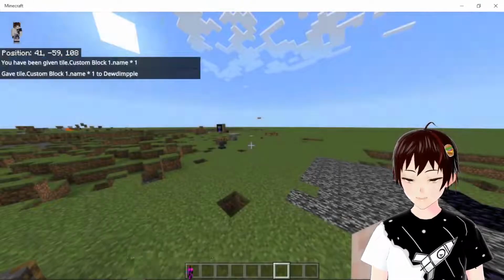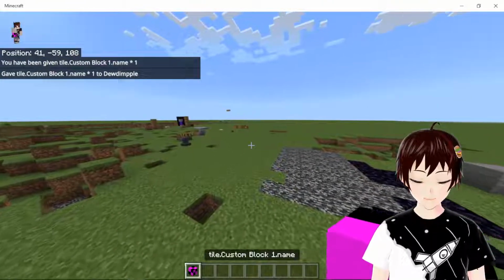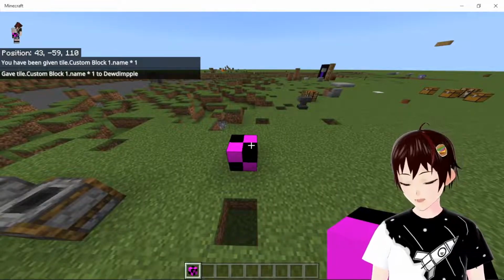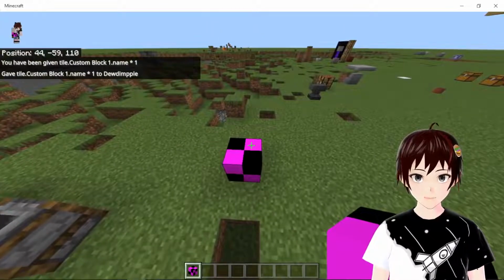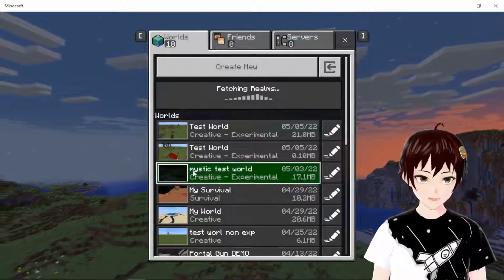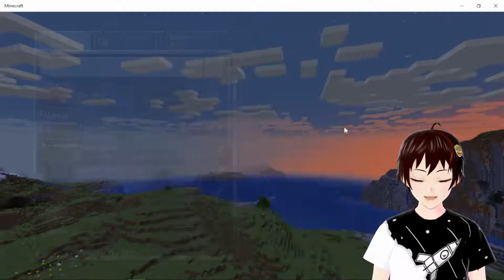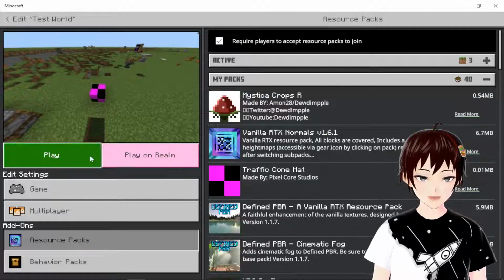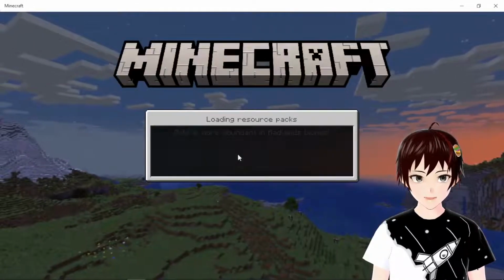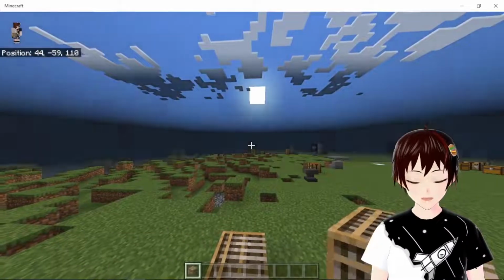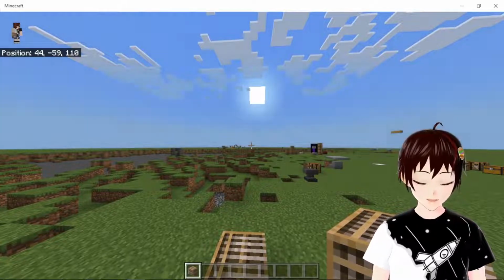As you can see, our custom block did work, but I failed to import the resources on my test world. So be mindful of that when importing your add-ons on your world. Be sure to put the resource pack